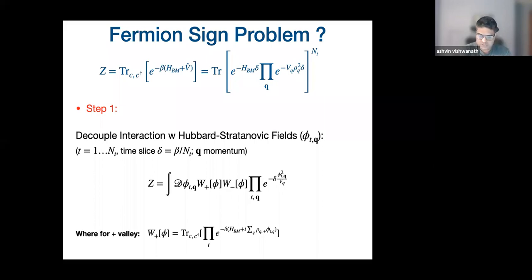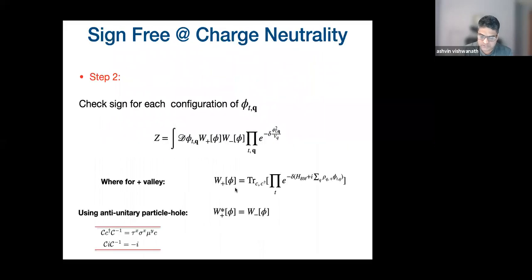What is completely essential for you to do Monte Carlo on this problem is that these weights are all positive. At the end of the day, the weight for a particular Hubbard-Stratonovich field is a non-negative number. It looks like a static problem, not like a quantum problem. What you can do is use the anti-unitary particle-hole symmetry that I talked about to show that the weights from the opposite values are complex conjugates of one another. Essentially that shows there is no sign problem. Actually, even without spin, you don't have a sign problem.